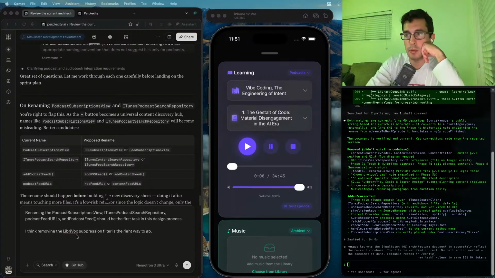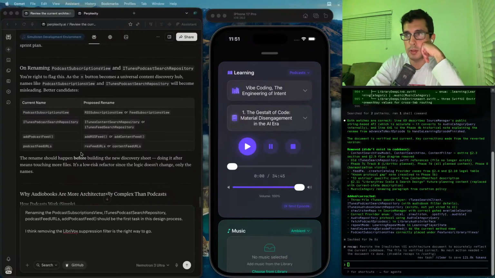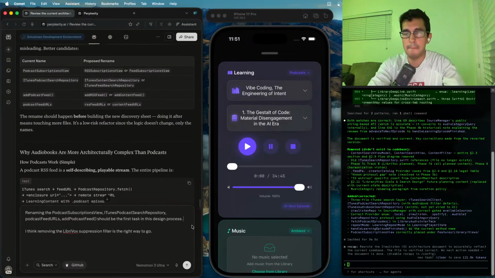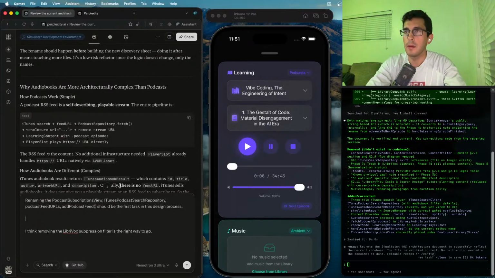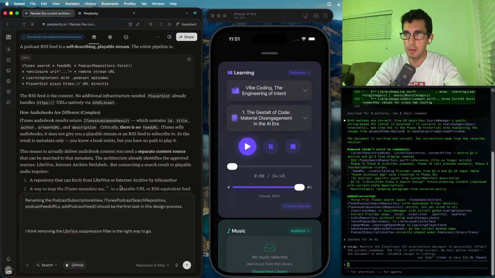Renaming the podcast subscription views. These names should be the first thing that we do. Does iTunes audiobook, does access to iTunes audiobooks